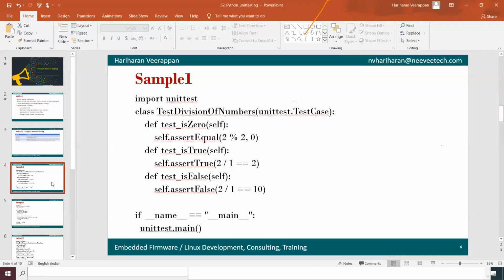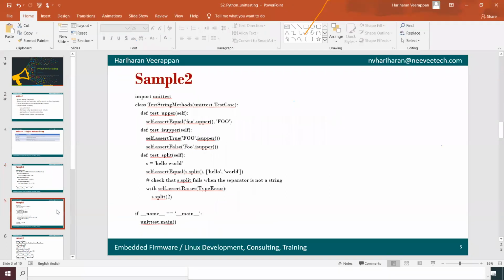We are done with that sample. For example, if we wanted to validate whether something is in upper case or lower case, we can do that.